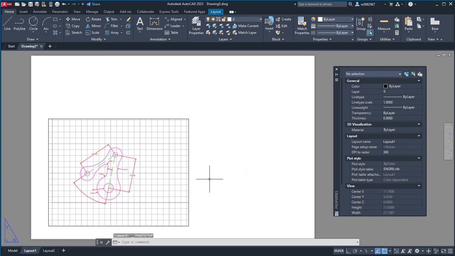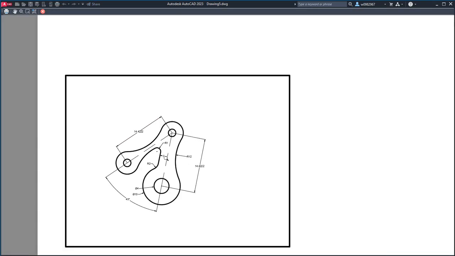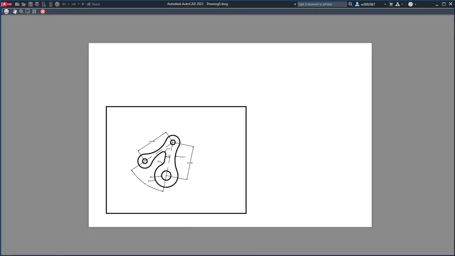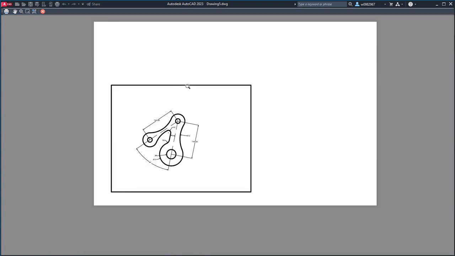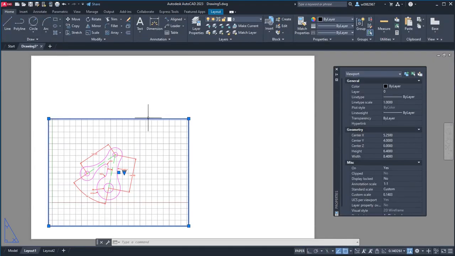And then if we do a preview, press enter, and that's how it's going to look. All right. So we have thick and thin lines, and then all we're going to do is make sure that this doesn't show up. So we're going to close this, select the viewport, and then make sure that it's in